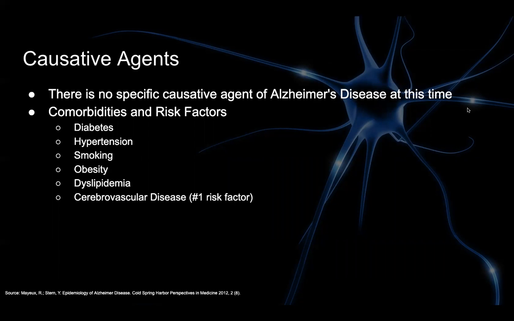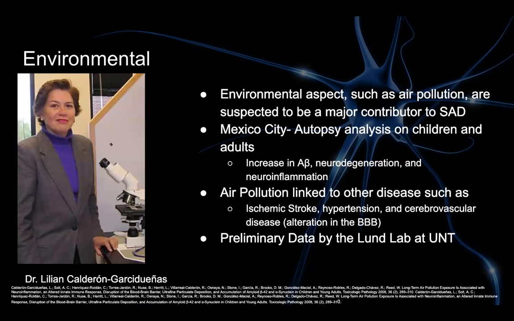There's increasing evidence that there might be an environmental factor to the progression of Alzheimer's disease, specifically the sudden onset Alzheimer's disease, where they are lacking some of the usual genetic features, such as ApoE4. This is actually my area of research at UNT. I work in Dr. Lund's lab, where we examine the mechanistic effects of air pollution. We use cell culture and mouse models with young and aged mice as a translational approach to looking at the effects of air pollution on the progression of Alzheimer's disease.